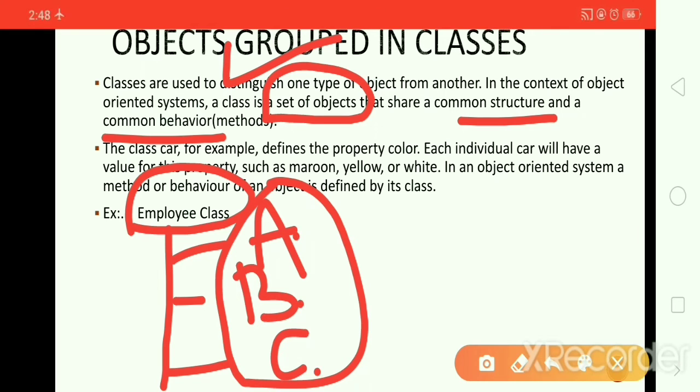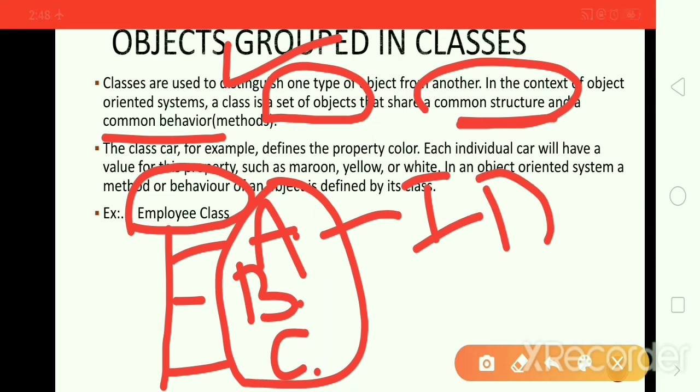Here we have A, B, C. These are the objects, who are nothing but employees that share a common structure. Employee A can have his ID, his address, mobile number.